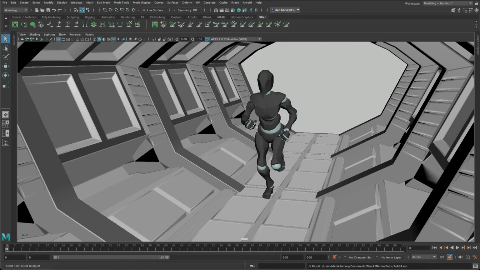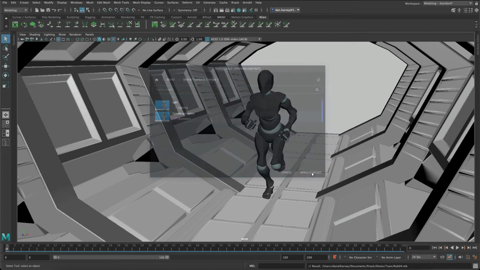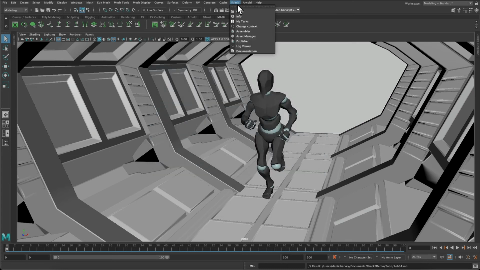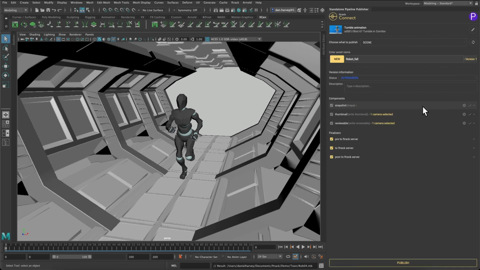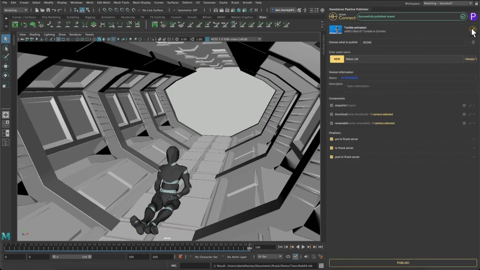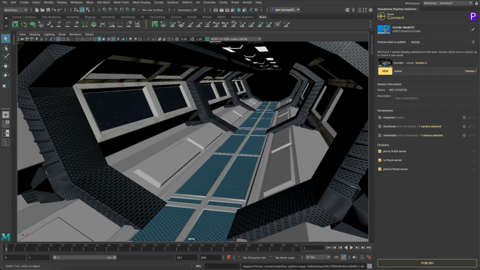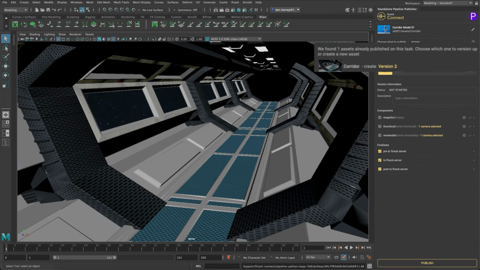Now we can change the task context in order to link it to the animation task in the Ftrack project and publish the combined scene to it. In the meantime, the environment scene has been iterated. Textures have been applied and the scene has been published to the same asset, and a version 2 of the